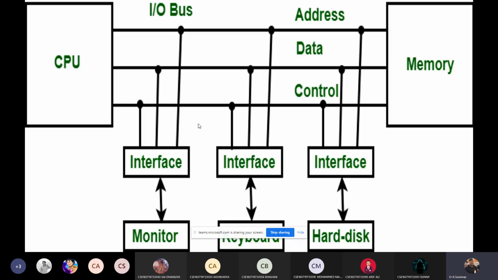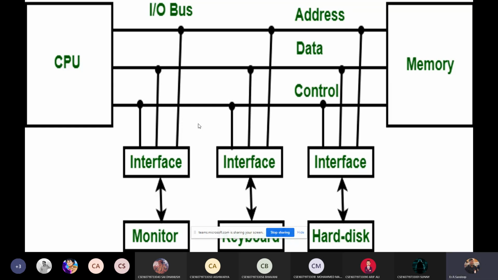So these are the three types of the buses. All together we are calling it as a system bus. This system bus is responsible for taking data from the user and address from the memory and decides the type of operation the user is performing, whether he is reading the data or writing the data.